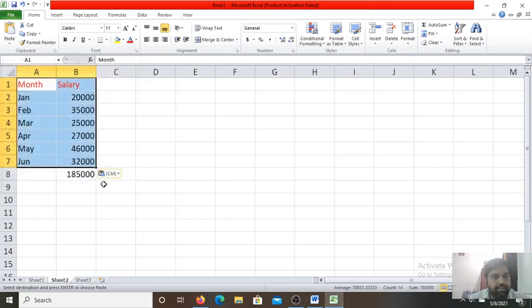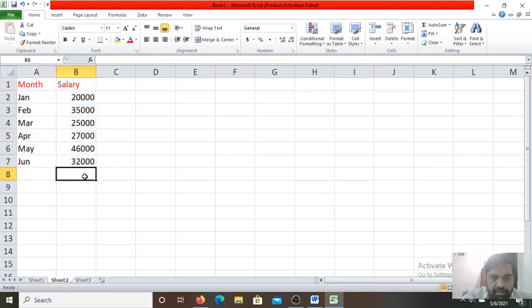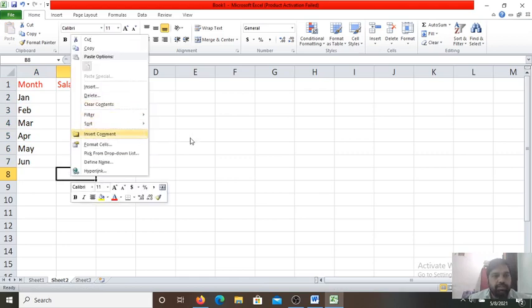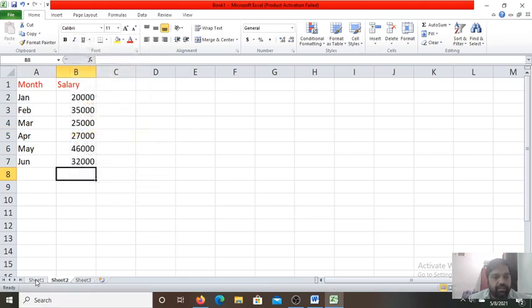Paste it. Now see, automatically the sum is changed. Let me again delete this.